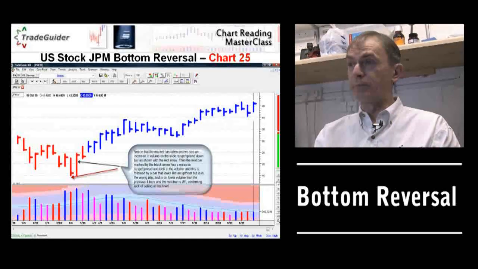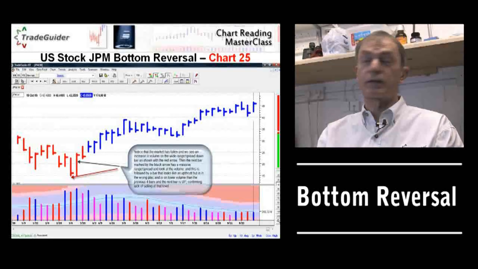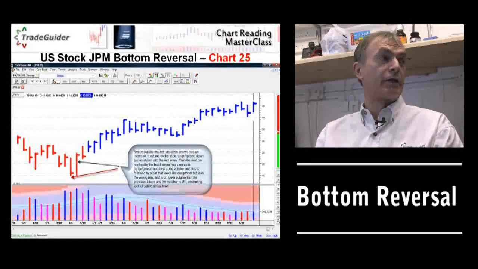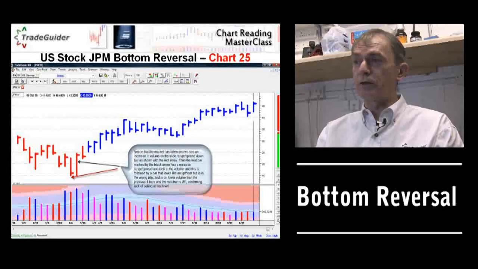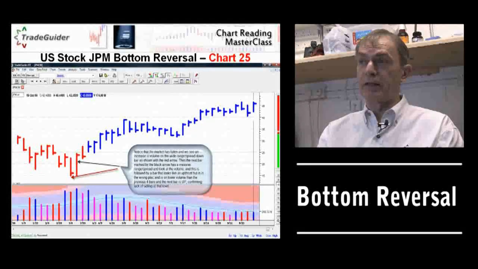On a smaller time frame, that's probably testing the supply on the previous bar with a narrow spread increase in volume. You mean like a 4-hour or 2-hour chart? Yes, because the daily charts look slightly different. If you went down a smaller time frame, I think you would almost certainly see that's a test.